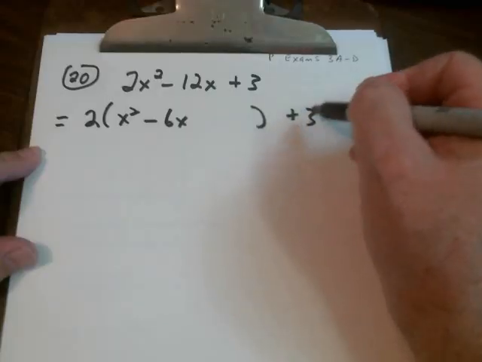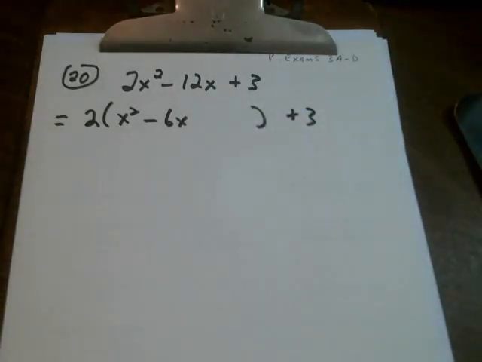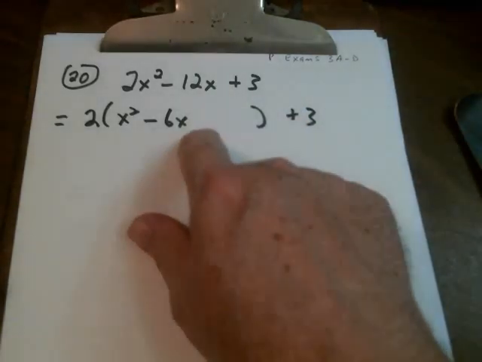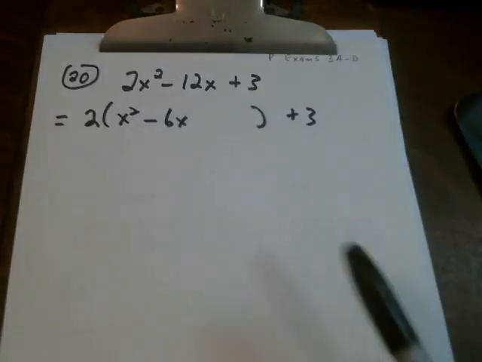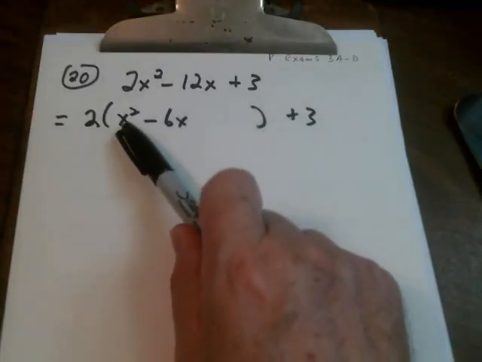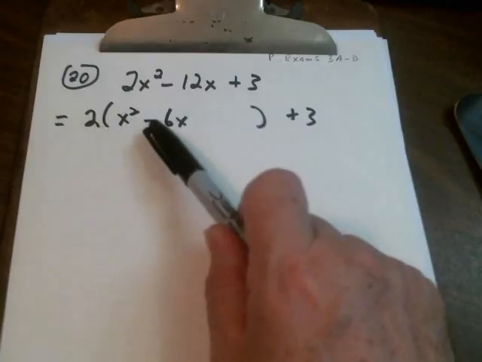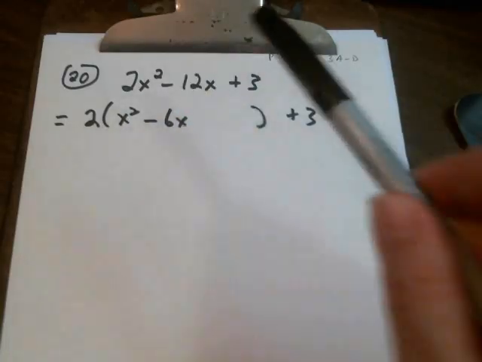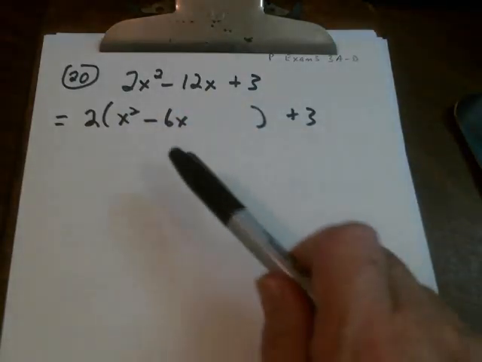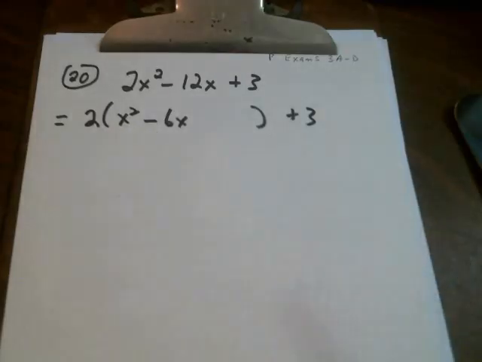The 3 on the far right is just going to hang off to the right. Okay, the action is going to happen right here. Just to check, make sure I'm right. 2 times x squared is 2x squared. 2 times negative 6x is negative 12x. Okay, all good. Now, in the parentheses, we're back to the old routine of looking at the